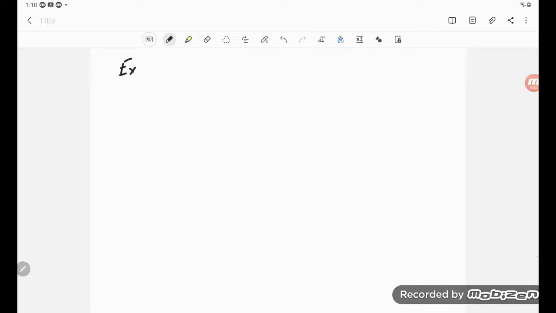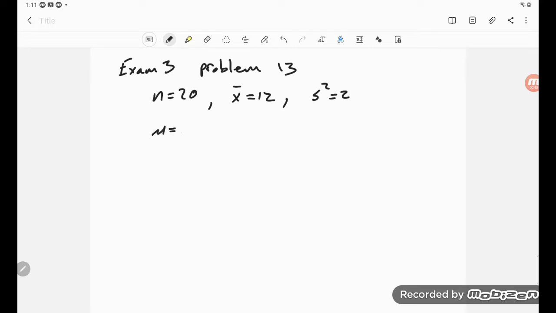Okay, here's exam 3, problem 13. And in this one, we had an n of 20, an x bar of 12, sample variance of 2, and it asks, do you think it's reasonable to say that mu might be 11? And the idea here is we could use the confidence interval